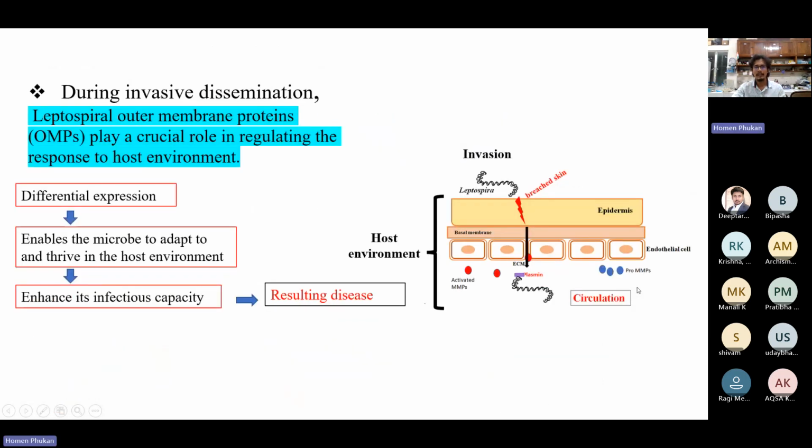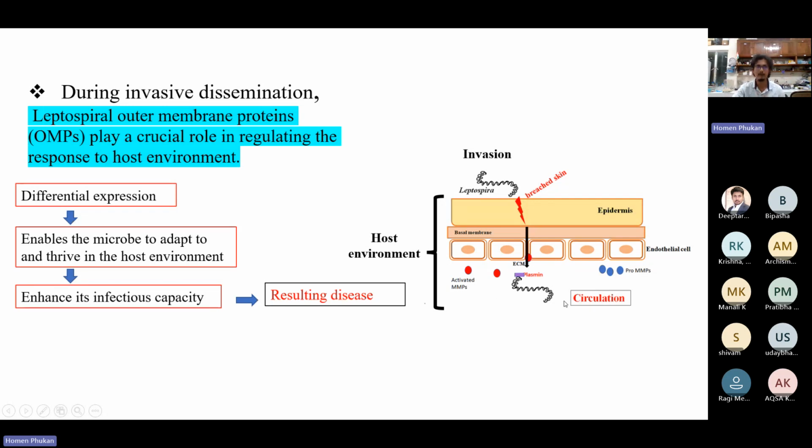And during invasive dissemination, this bacteria will come into contact with broken skin, as I already mentioned. Then it will pass through the epidermis, then through the basal membrane, and it will try to degrade the extracellular matrix of the adjacent endothelial cells, pass through that, and further disseminate to other organs